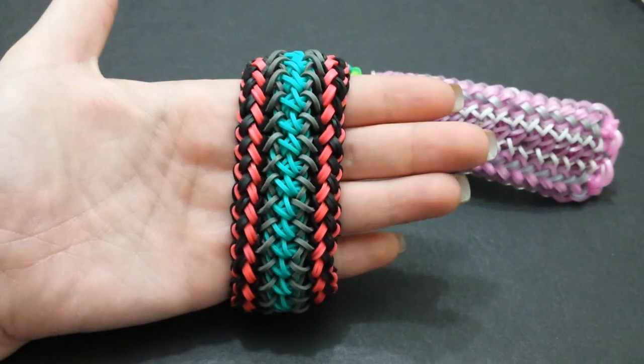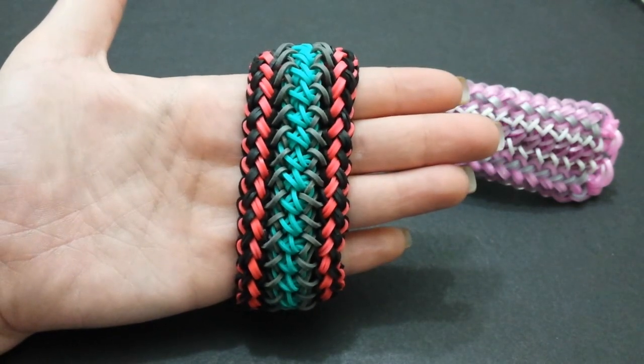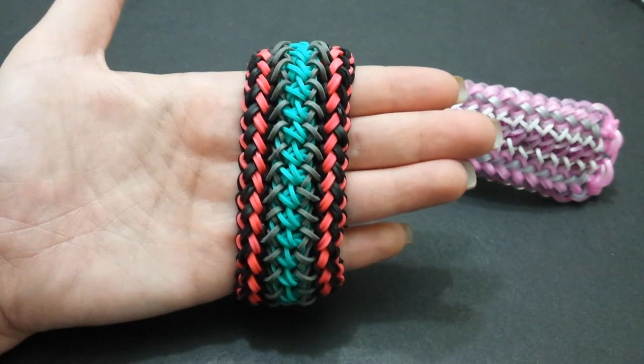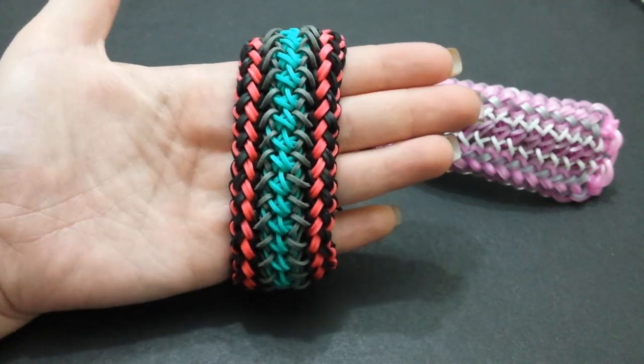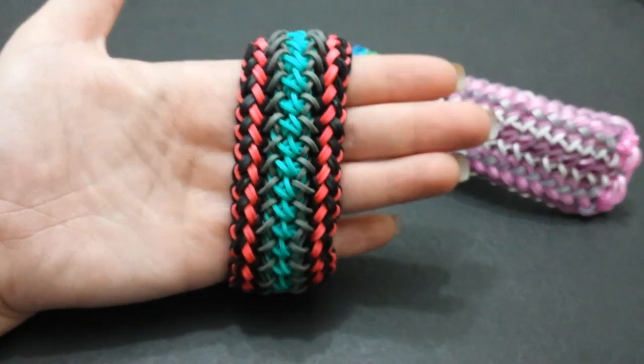Hey guys, it's Loves to Loom here, and today I'm going to be showing you this super cute framework bracelet created by Looming with Louise on Instagram. I think she did a super awesome job on it. It is super cool. I will show you the backside in just a moment, but I do want to give